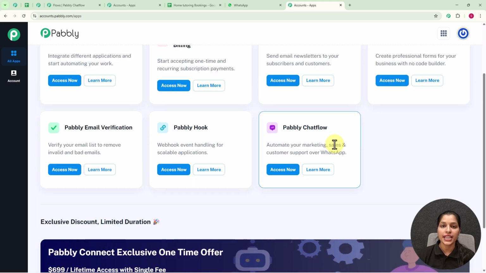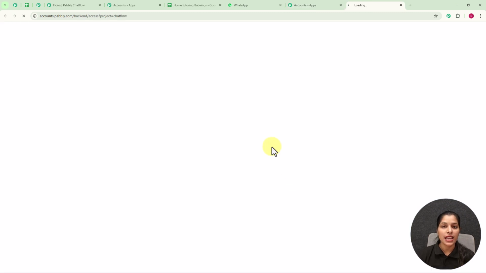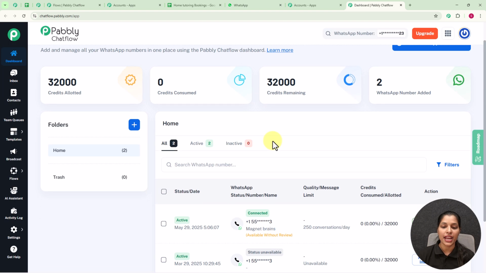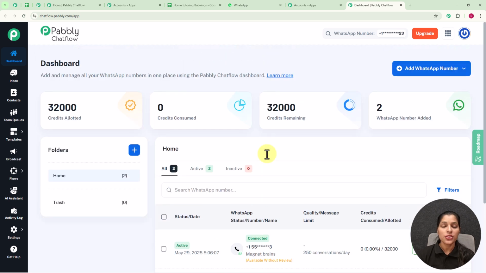So now for creating the chatbot let's firstly click over this access now button, and we will be landed on the dashboard page of Pabbly Chatflow which can be seen here. And on this dashboard page you can see these are the numbers I have connected to my account. So you can also add your WhatsApp number